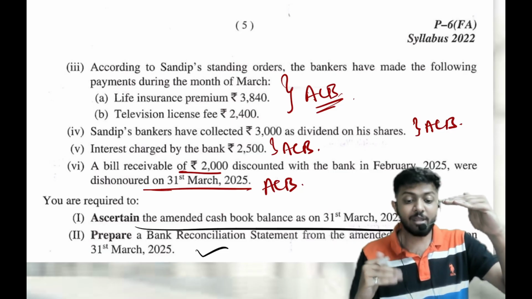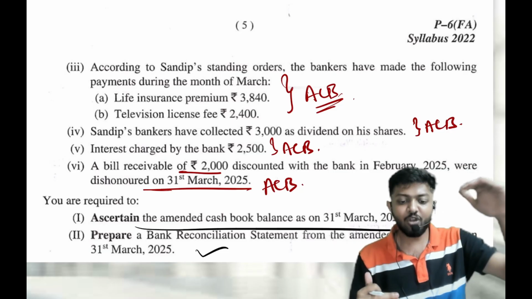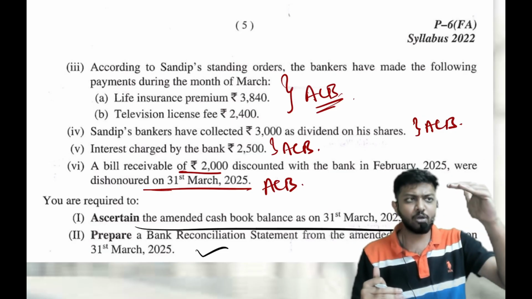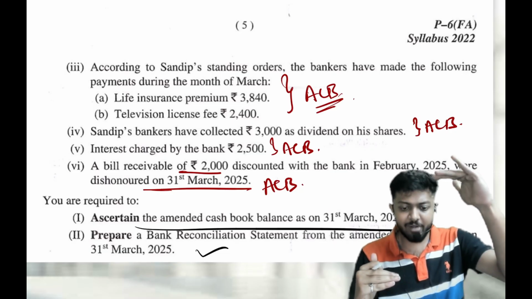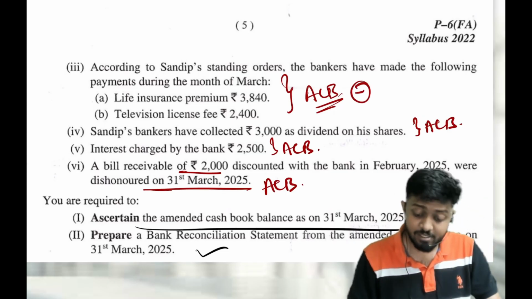Sometimes if you are doing a normal BRS statement, then if you are starting your BRS from cash book, you can alter only cash book. You have to see from where you are starting. We are starting from cash book. So this only I have to reduce. So reduce under minus, up under add. So here I am reducing. I have to reduce, minus.